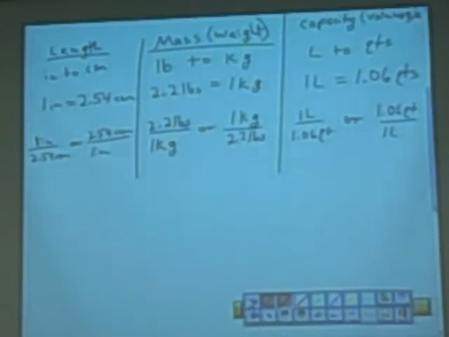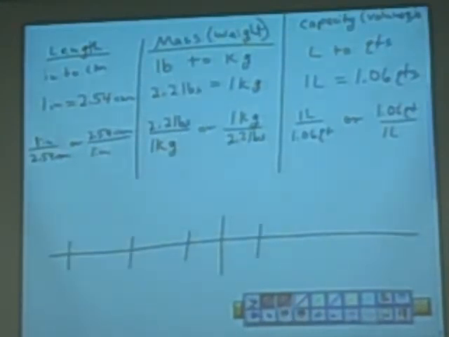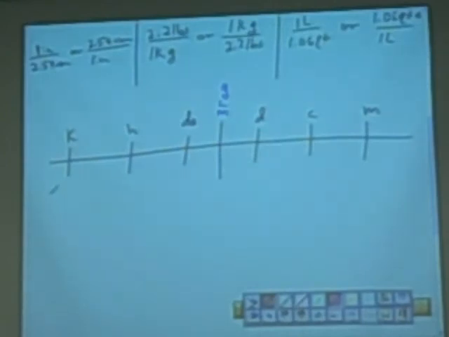And another thing that we're going to review is King Hector. Oh Lord, King Hector is back. And he loves to dance. So we're going to say King Hector dances while drinking chocolate milk. And in the middle here, we're going to put the base units: grams, liters, or meters. Okay? So for our conversions, we're going to write